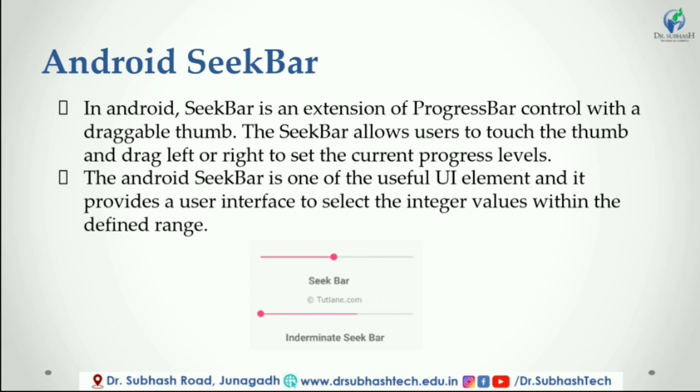Following is the pictorial representation of using SeekBar in Android application. By using the draggable thumb in SeekBar, we can slide left or right to choose the value between 0 and maximum integer value, which we define using android:max attribute. An example of SeekBar is our device brightness control or volume control. In Android, by using SeekBar.OnSeekBarChangeListener, we can notify the client when the progress level of SeekBar has been changed.